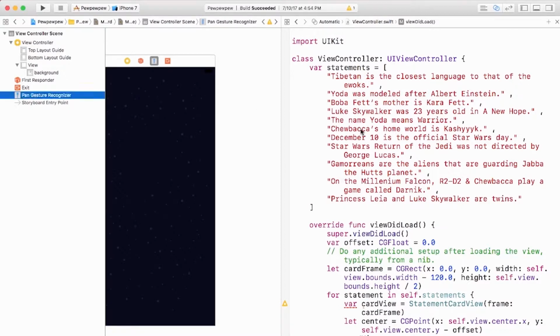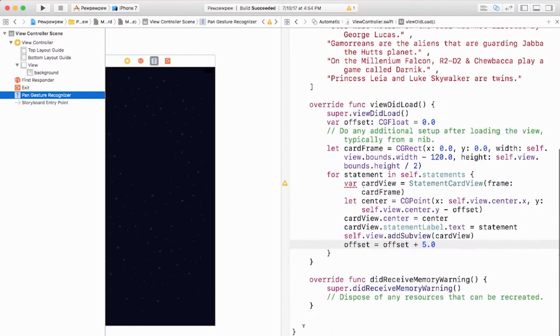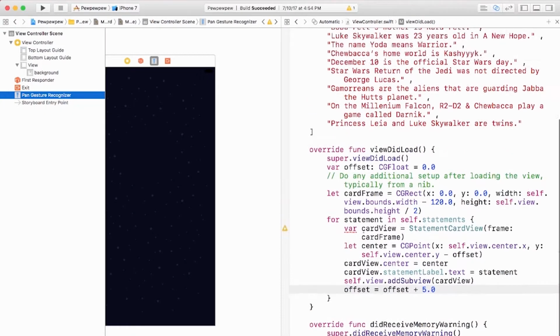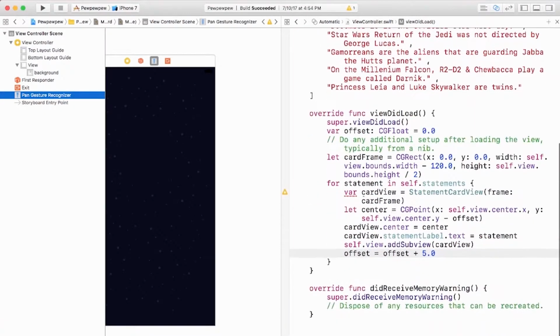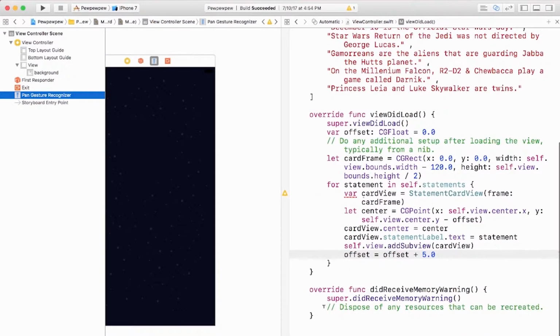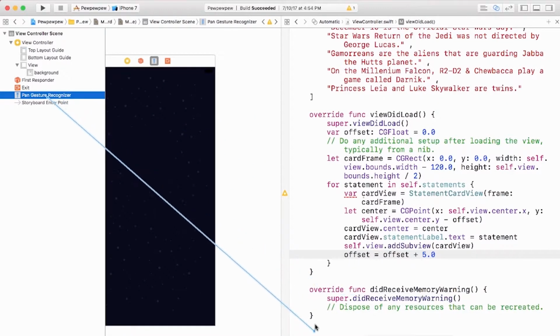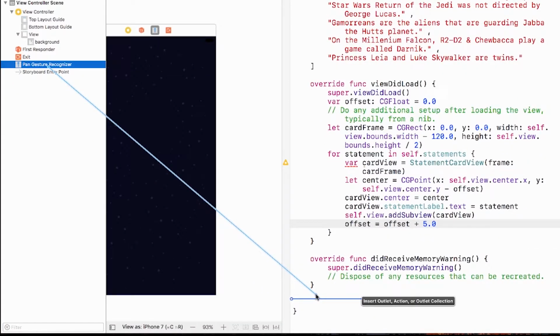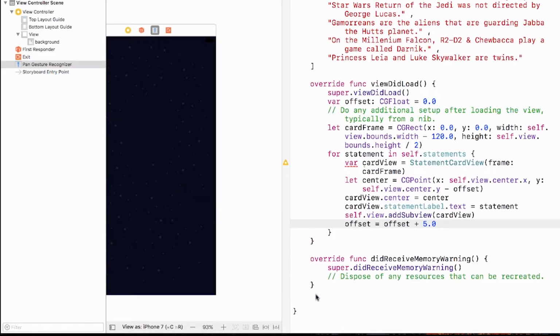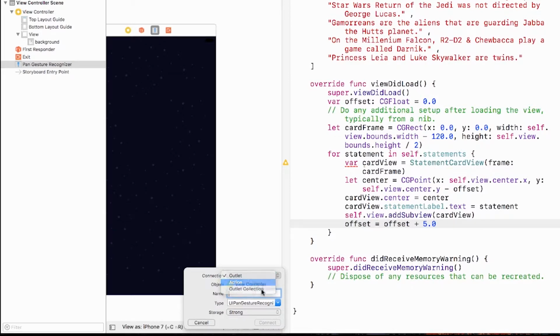Now, I can click on my pan gesture recognizer, and let's scroll down to where we're still inside the class, so above this curly brace, but in its own area. If we control and click, you'll see that we can drag this over, and it says insert outlet, action, or outlet collection. So if I click that, and I switch this over to an action,